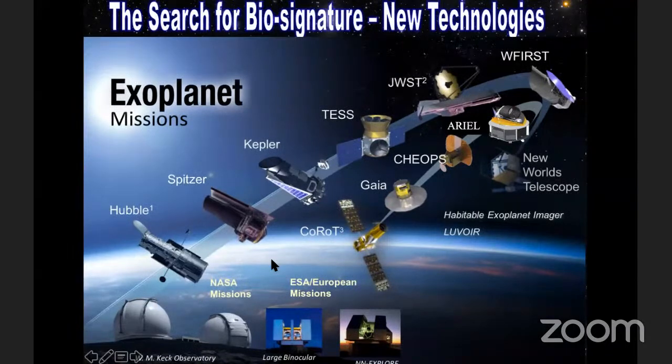So all these four, Hubble, Spitzer, Kepler, and TESS, are functional, and they have already given results. Now by next year, hopefully the James Webb Space Telescope will go, then WFIRST, and then the European Space Agency will also send Ariel, with whom we are also collaborating. This will be a dedicated telescope in space by the European Space Agency to take the transmission spectra of planets. Now on the ground also we have the Keck telescope and the Large Binocular Telescope, but within a decade we are